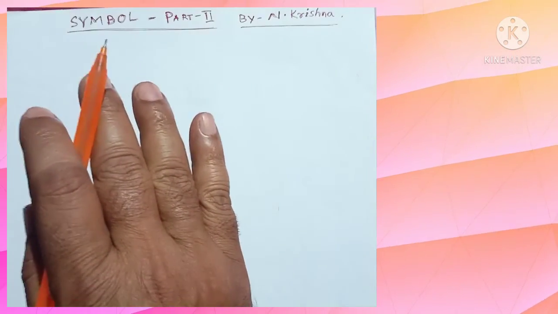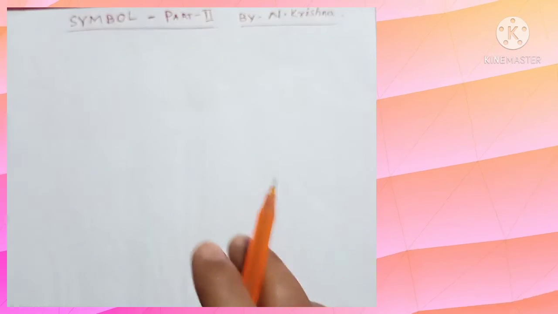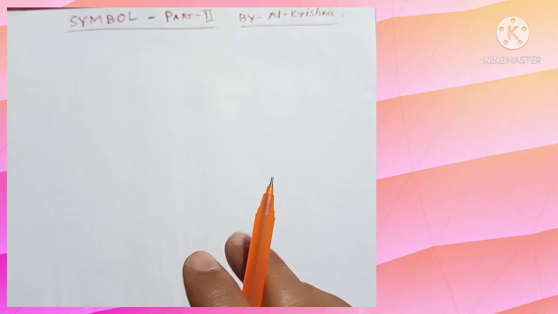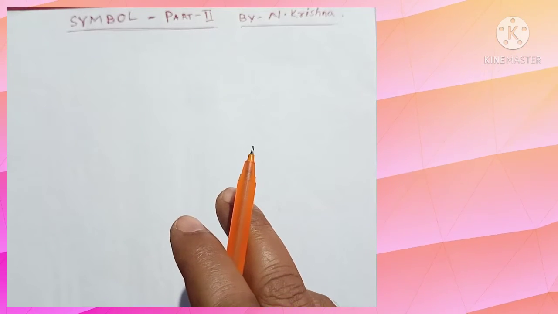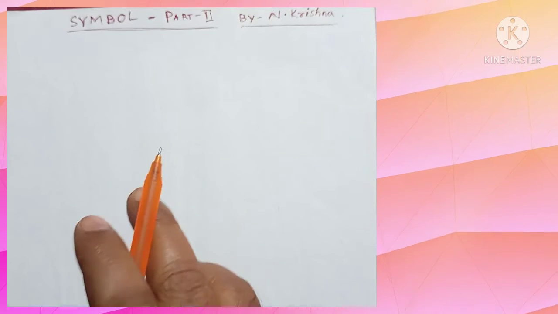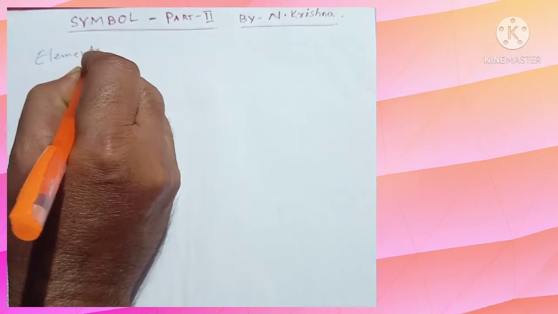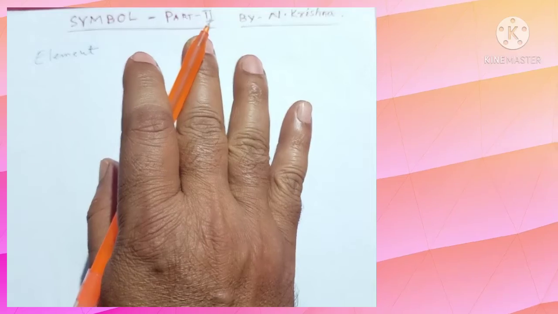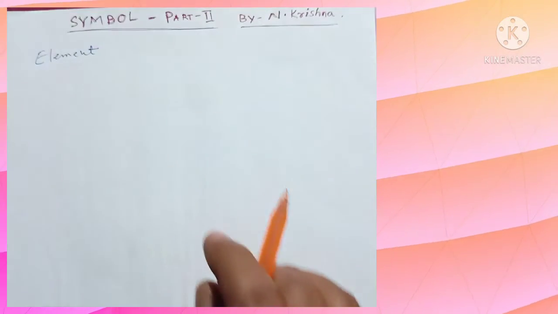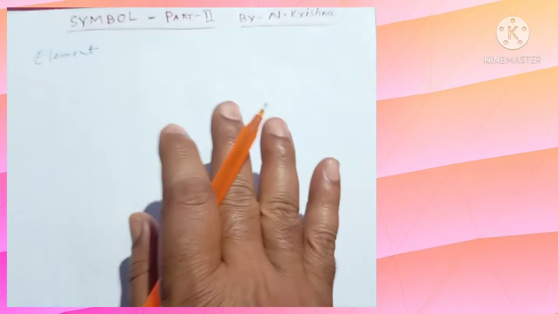Today we shall learn about the symbols of elements in more detail. In the previous class, we discussed the definition of a symbol. A symbol is defined as an abbreviation or shorthand sign for the full name of an element. One or more letters are used to write the symbol of an element, and especially the letters are derived from the English name of the element.